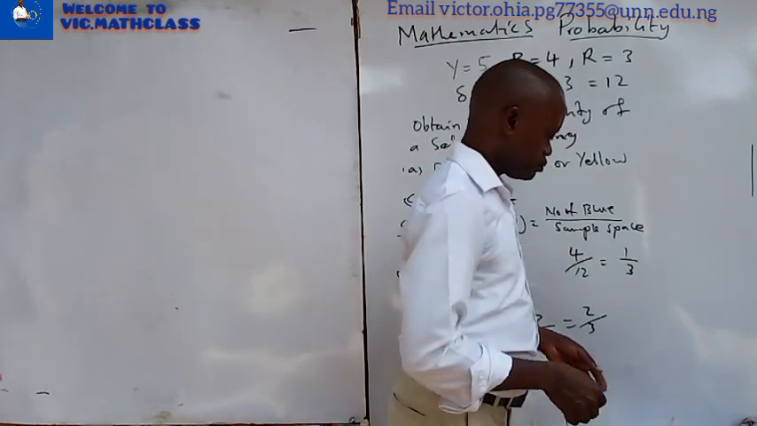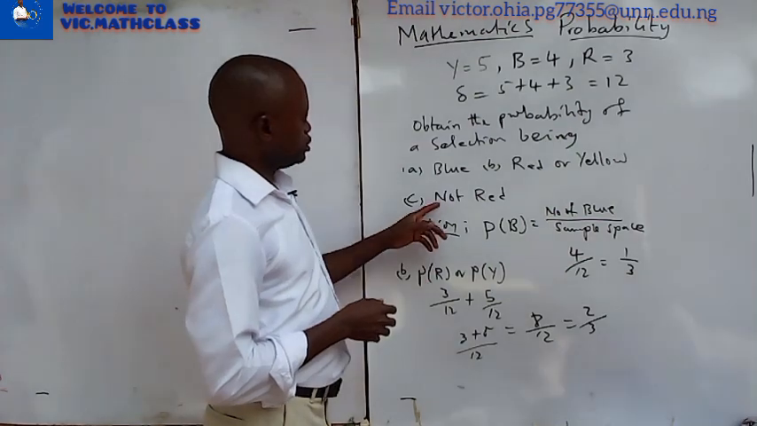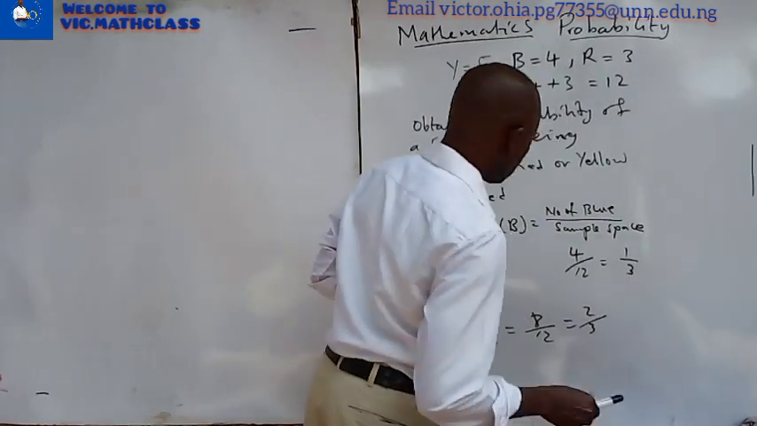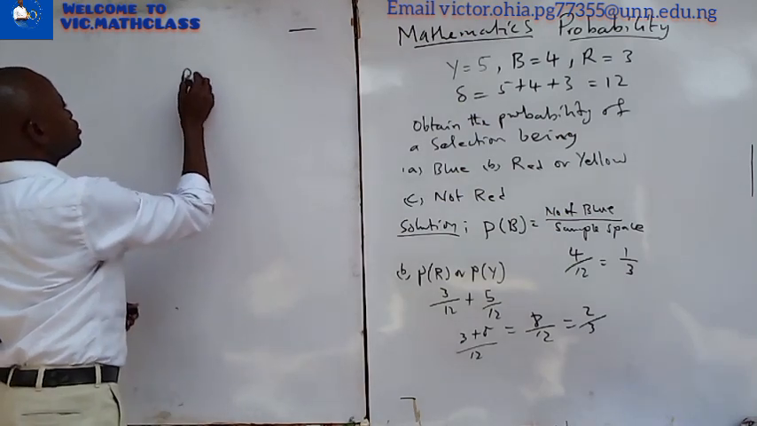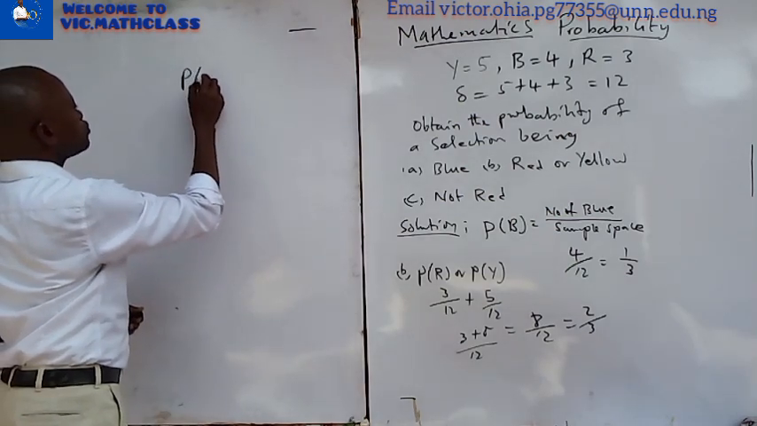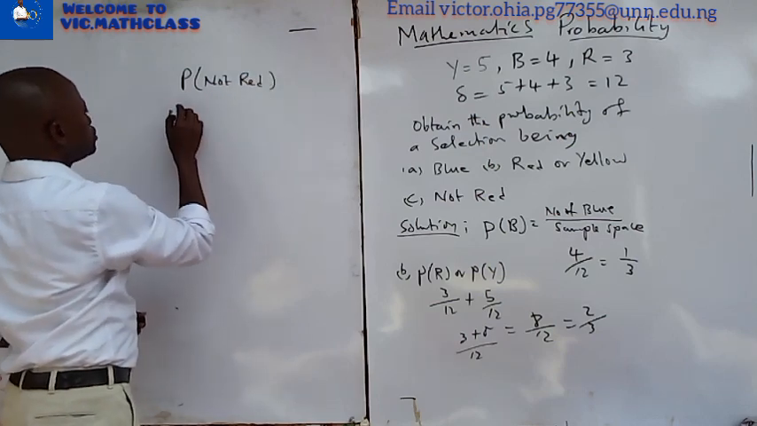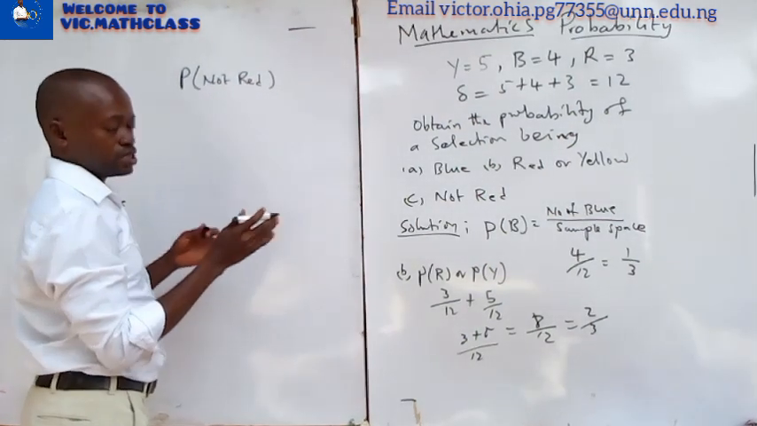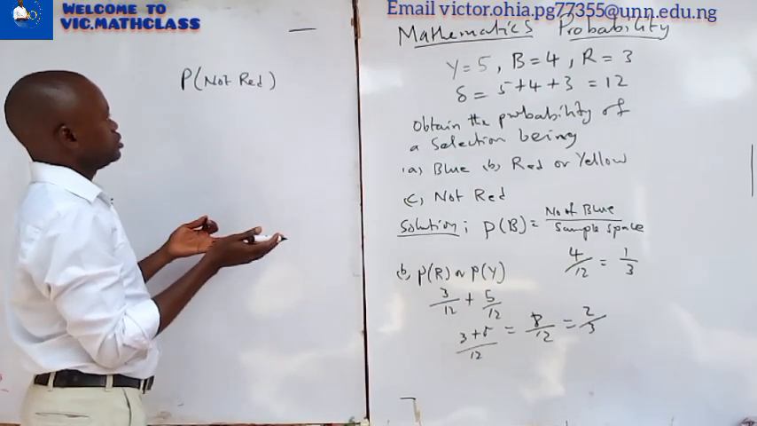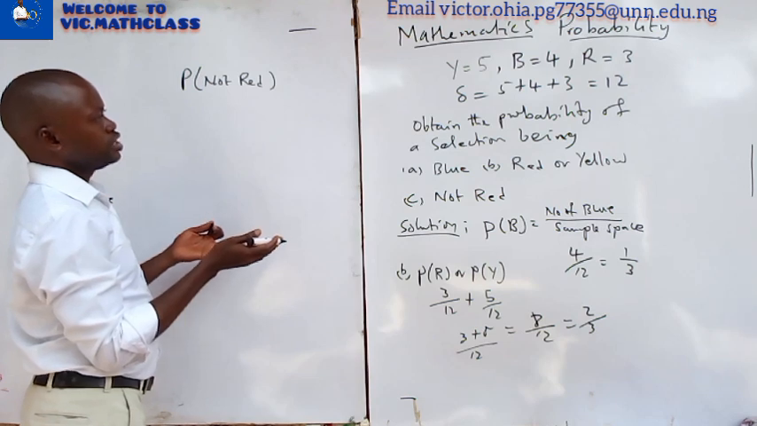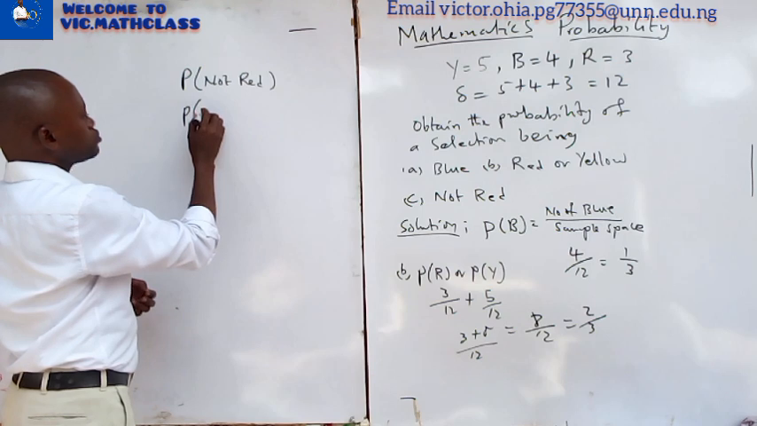Is there any other one? Okay, I didn't take number C. Look at number C here. It says not red. Probability of not red. If it is not red, then what is it? Then it is going to be either yellow or blue. It's the same thing as probability of yellow